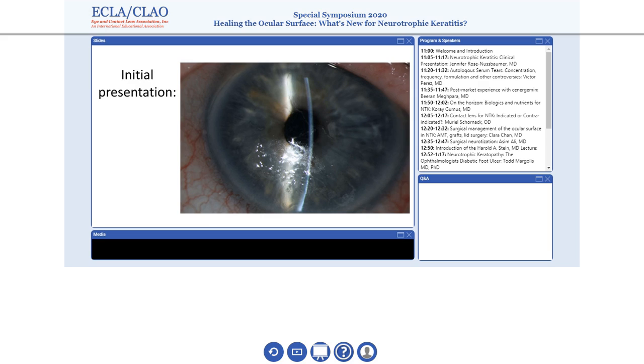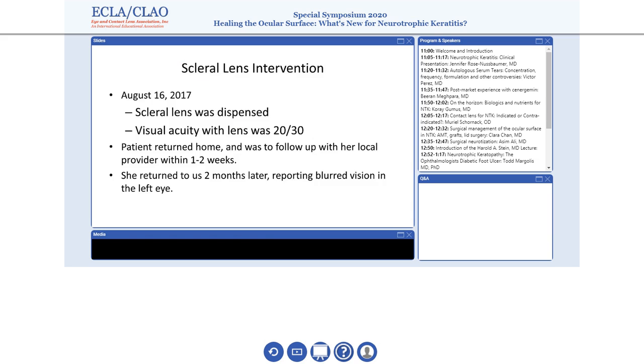So she had a limited blink function, she had limited corneal sensation, but just a little bit of epithelial irregularity and a bit of staining. Unfortunately, I didn't get a photo of that. So in my mind, this is a perfect time to do scleral lenses because we can protect and preserve corneal function. And so we fit her with lenses,